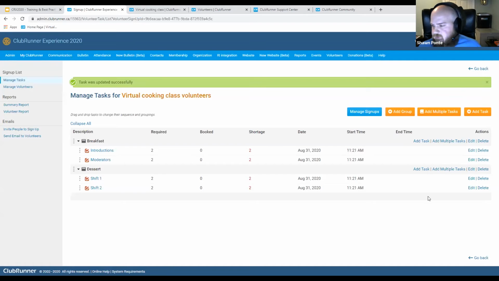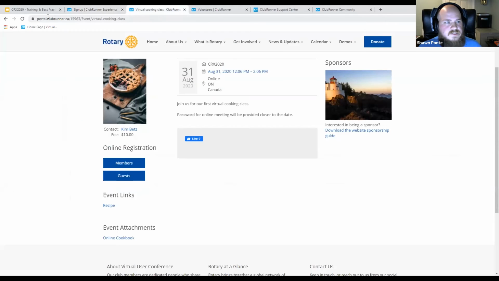Perfect. So now that we have that, we won't worry about changing these. That's okay, shift 1 and shift 2. But you would want to go through and make sure you clean that all up. But once we have that all set up, let's go back here,